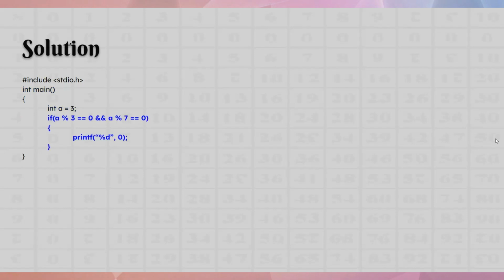Now this is our conditional statement. We're going to say if a, and that percent sign is a modulus operator, so that basically means if there's a remainder, it will show up. So if a modulus 3 equals 0, therefore that number divided by 3 has no remainder, and that number divided by 7 has no remainder, it means that it's a multiple of both, so it will print